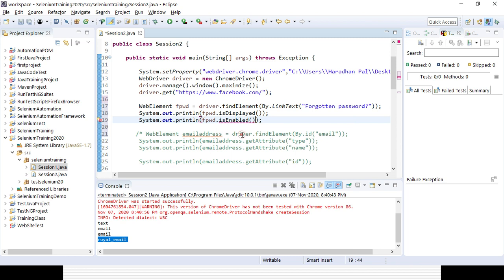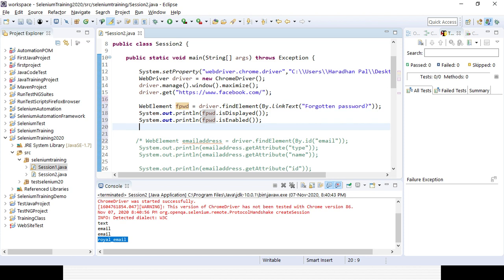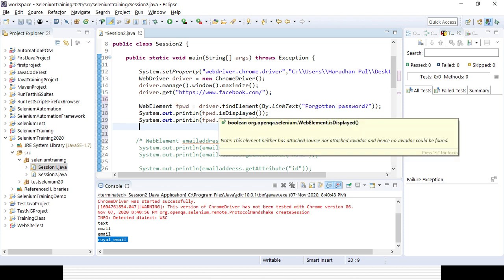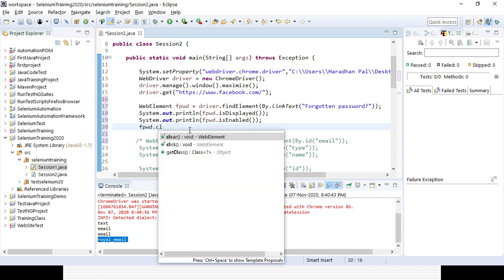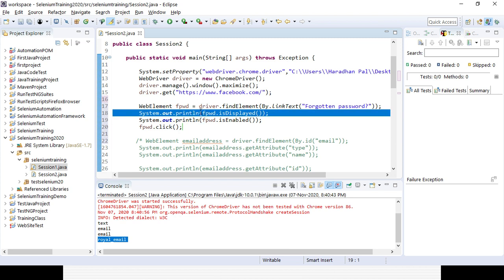In case it is enabled, then I need to click on that link. So first it will give you a result, and in case it is giving you true, then you can do dot click. This is the operation, and these are the properties I want to get.